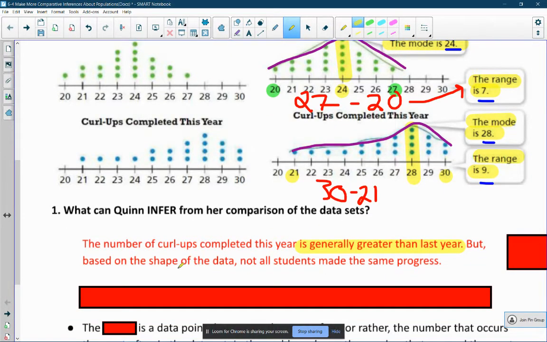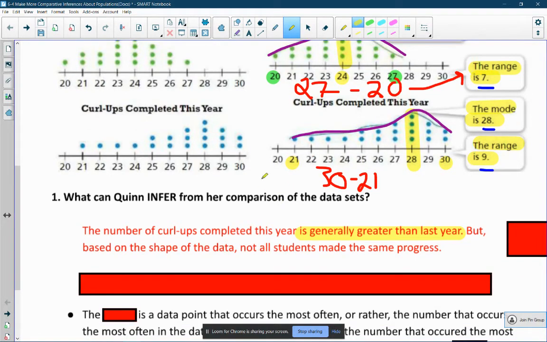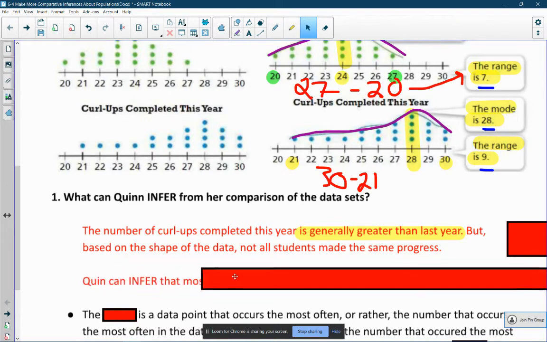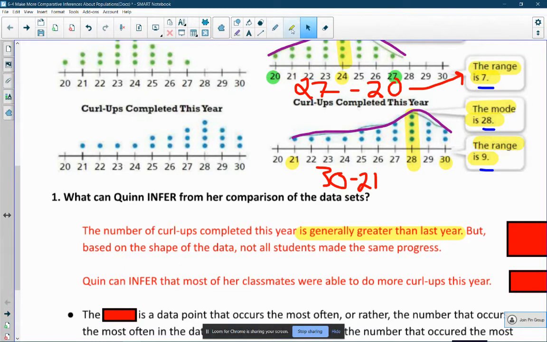Okay, but based on the shape of the data, not all students made progress, because some still had 21s and 22s, right? Not everyone made progress, okay, because we still have a little long tail here. So something else we can say is this. Quinn can infer, now here's our inference,